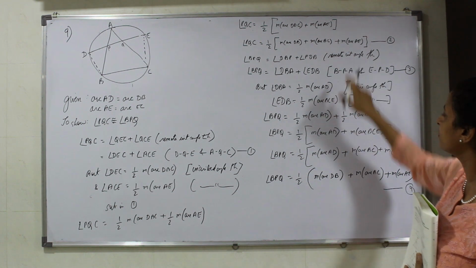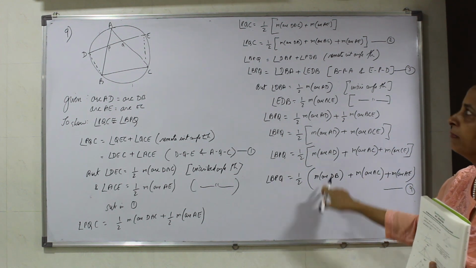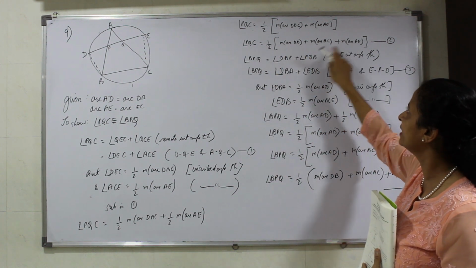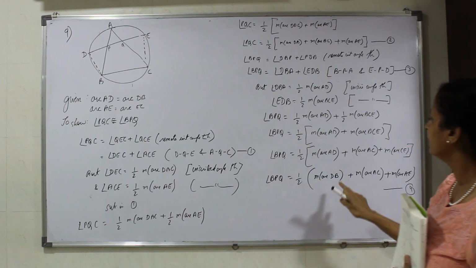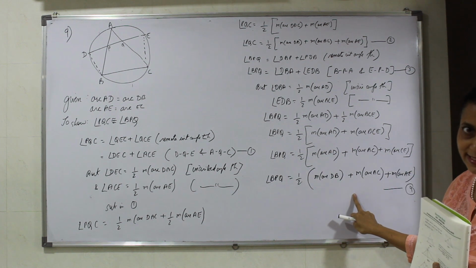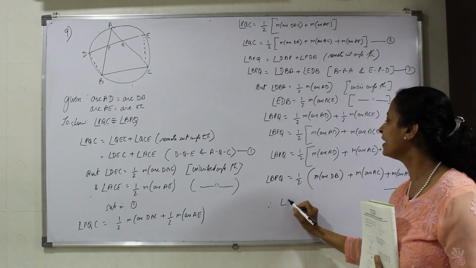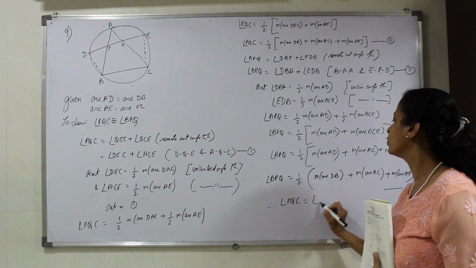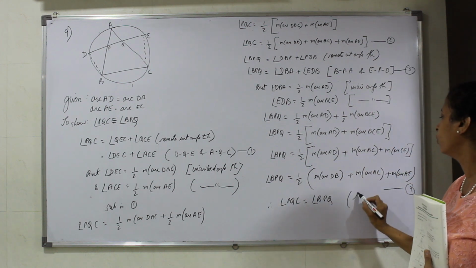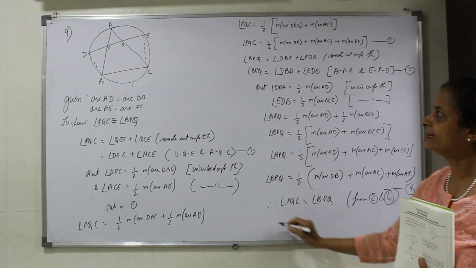Now, if you compare the equation number 2 and 4, the right hand sides of the 2 and 4 are exactly the same. Can you see half? And it is made up of 3 arcs inside, arc DB, BC, AE. We have the same arc DB, BC and AE. So since the right hand sides of 2 and 4 are equal, therefore the left hand sides are also equal. And so I have the angle PQC is equal to the angle BPQ, the reason given from equation number 2 and 4. Hence, proved.